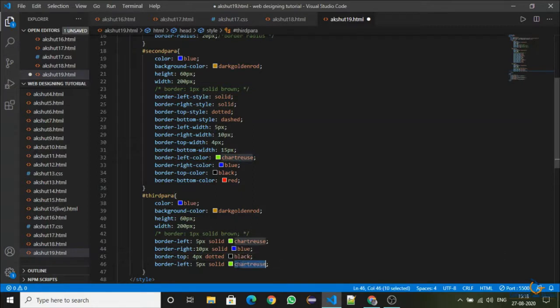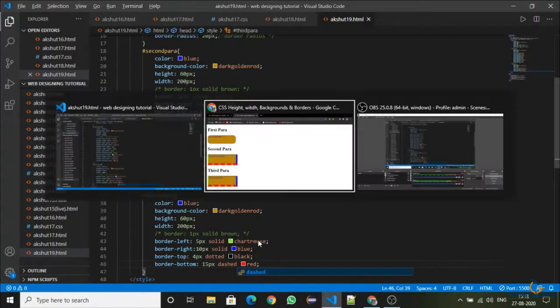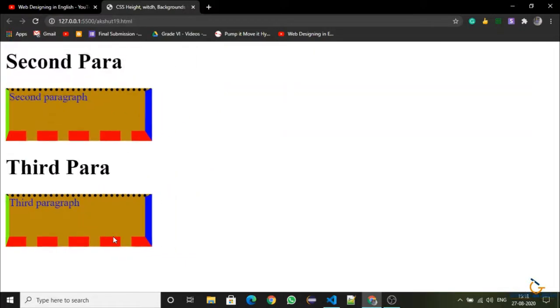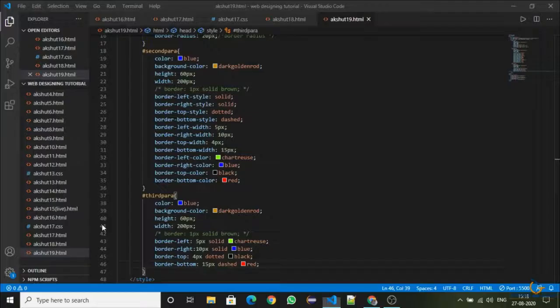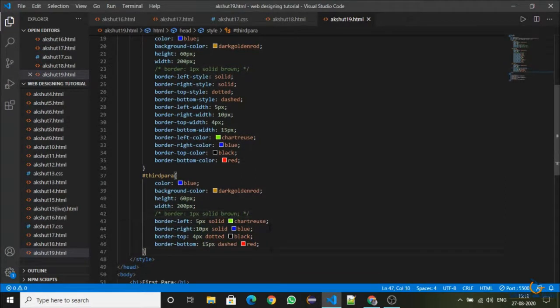Okay, I will change this to red. So this was the bottom one and it was 15 pixel and dashed. I will save it. As you can see, the same properties have been applied here but with less code. So this is the way you can optimize your code.